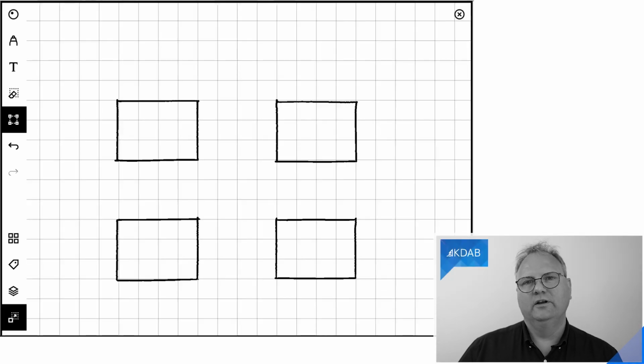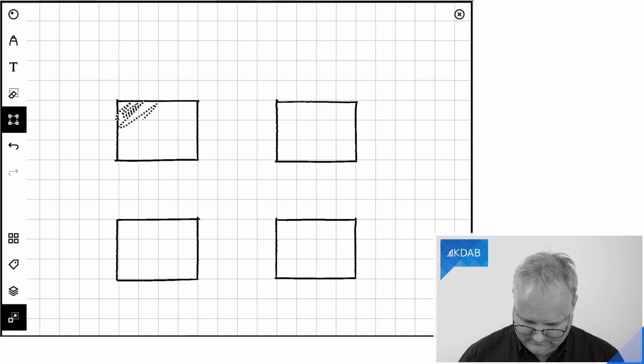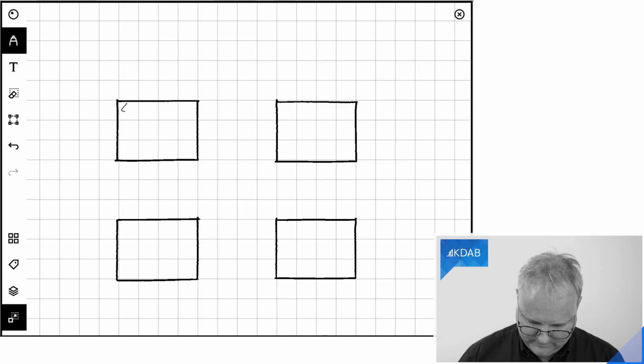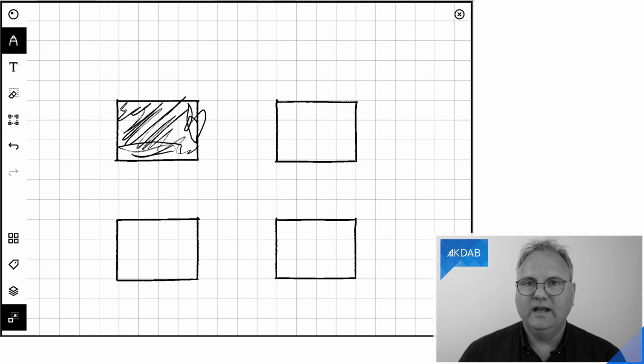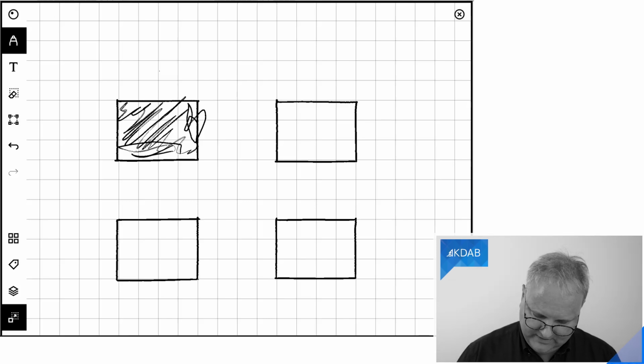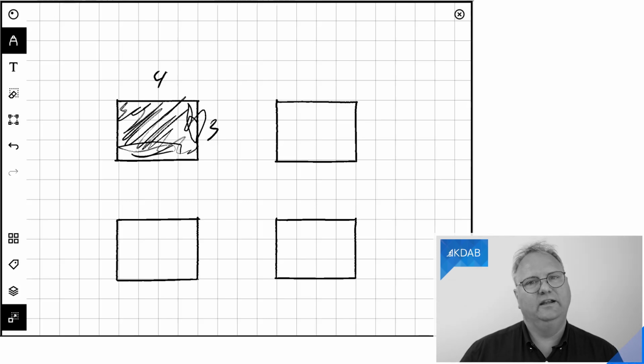And I enjoy this part in class really a lot because I'll ask one of the students to come up here in front of the class and fill out this rectangle that I've drawn, which is 4 by 3. Fill it out and tell me how many pixels are filled out. It goes like this. Oh, not with that pen. Here we go. And the answer is 12. That is correct. 4 times 3 is 12. That's an easy one, right?